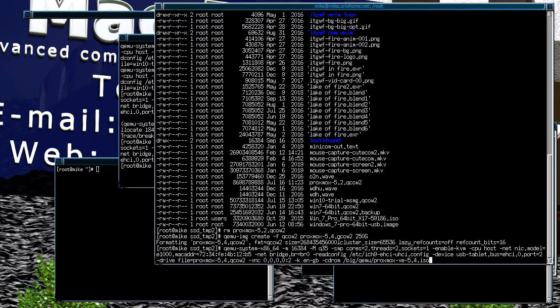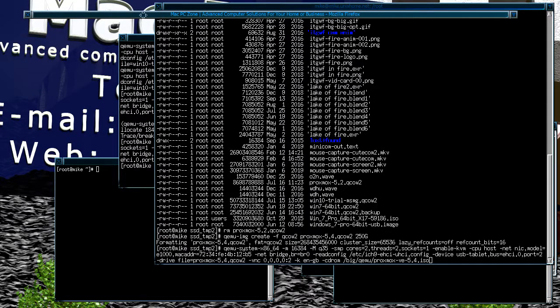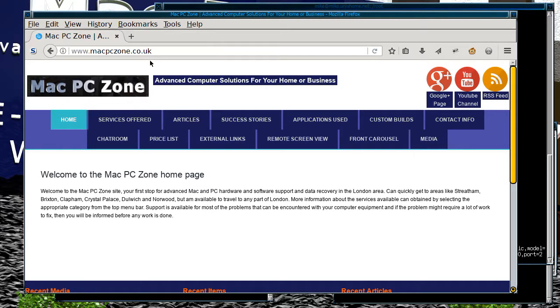As you can see, I've got the Proxmox VE 5.4 ISO, and this is my command line for starting it. The other thing I've done is use this command to create a 250 gig virtual drive for it. I didn't really use that many commands, but if you want to see which commands I use